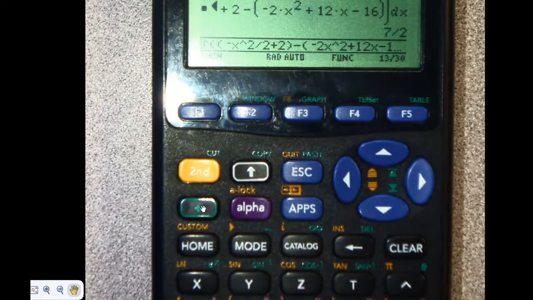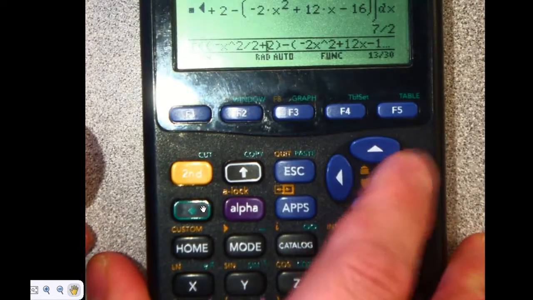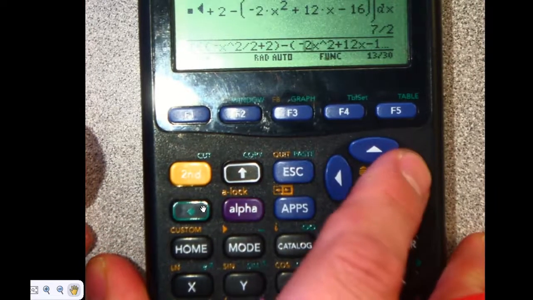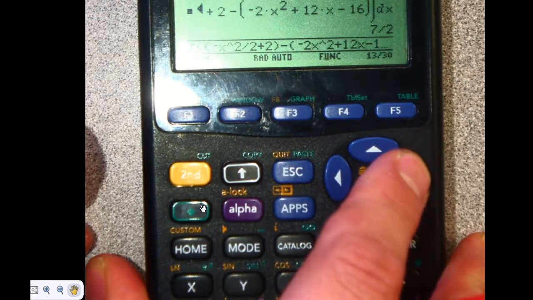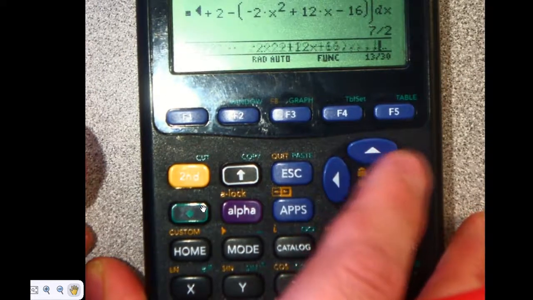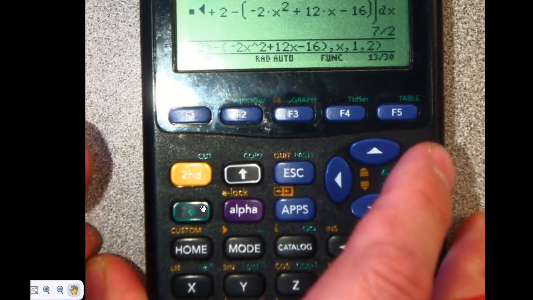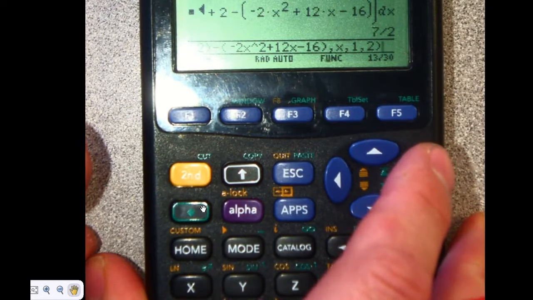There's the first part of what I typed. I don't know if this is helpful or not. So that's just the top equation minus the bottom equation. I have a giant parenthesis at the beginning opening all this up. And then comma x, comma 1, comma 2, and I close that very first parenthesis.